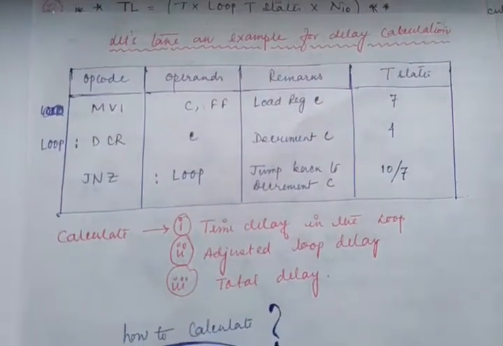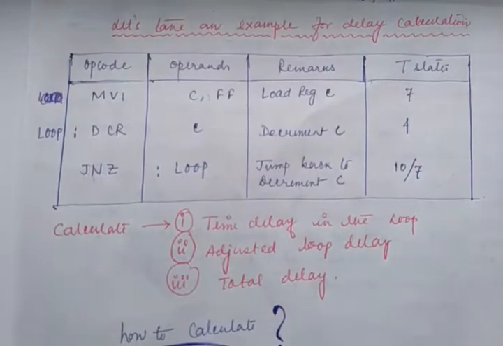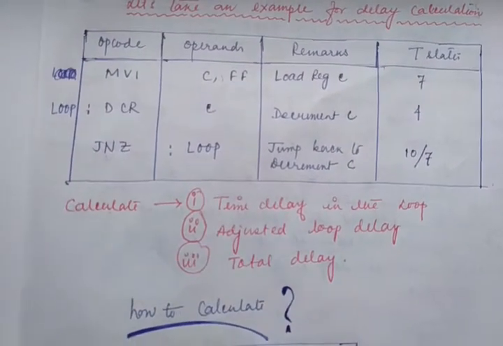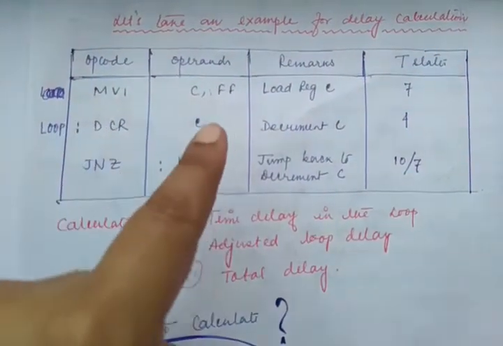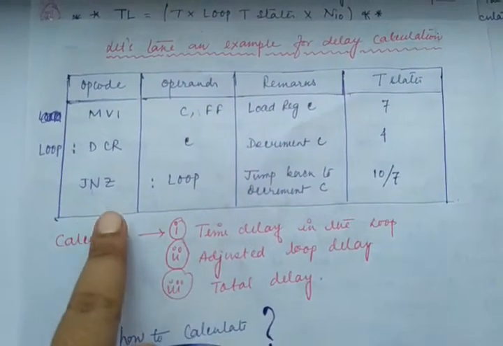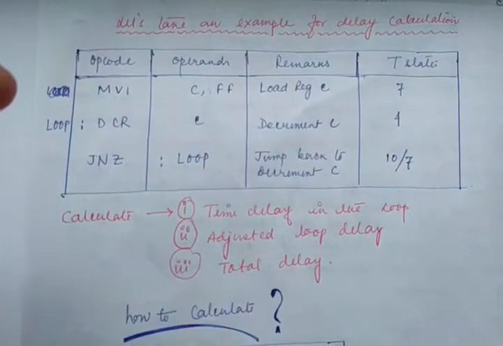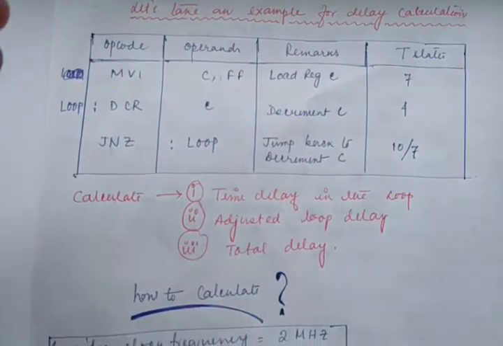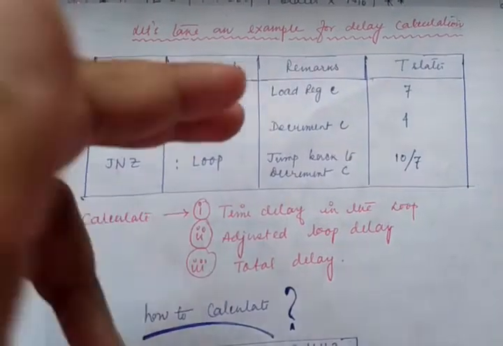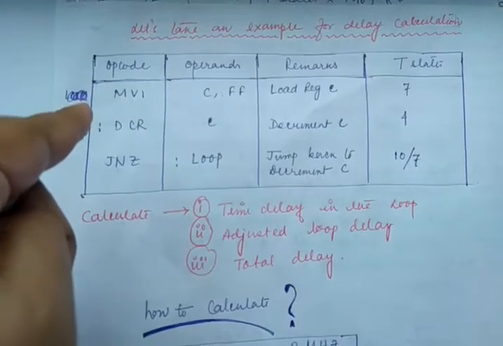Okay, so I have mentioned here some important part of the loop that you have already seen in most programs, that is MVI C, FF, right? And DCR C and JNZ, a loop is created, a loop is built up, right? Okay, so what is your MVI C? MVI C is nothing but load the register C, right? So C will be used as a counter.